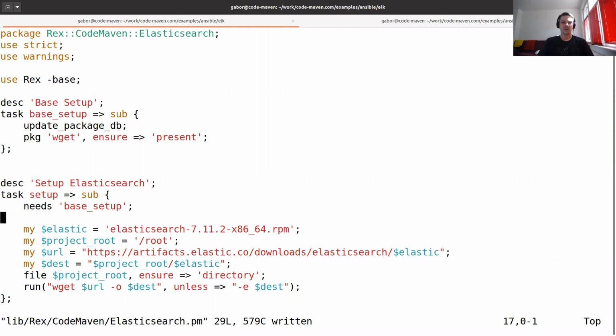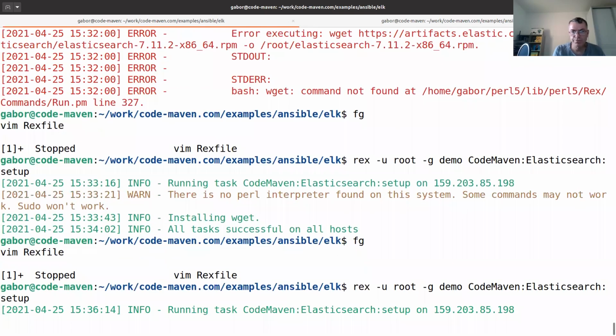So we can try to run that. Again, this pattern, I think is very nice because there's a very easy way to run only the base setup on its own without executing the rest of the logic, right? While the setup is a one-stop shop for just give me Elasticsearch. So I like this pattern. Okay, so shall I just run it again, just so we can see that